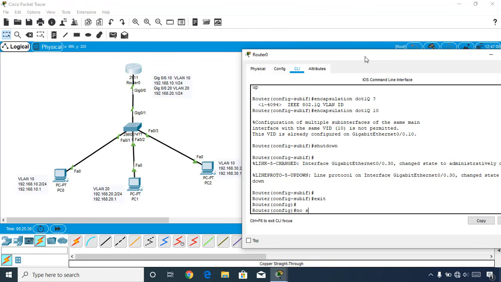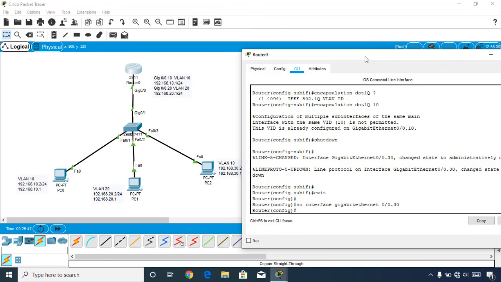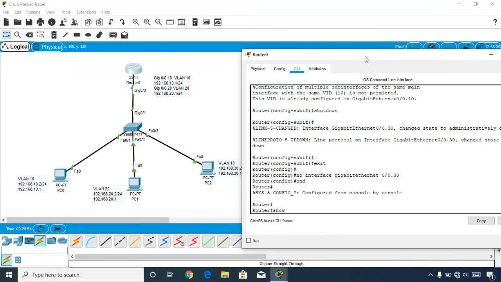For removing this interface we can give the command no interface gigabit ethernet, whatever we have just created, and simply give the end key here,